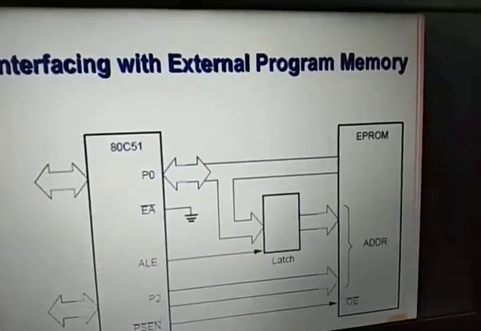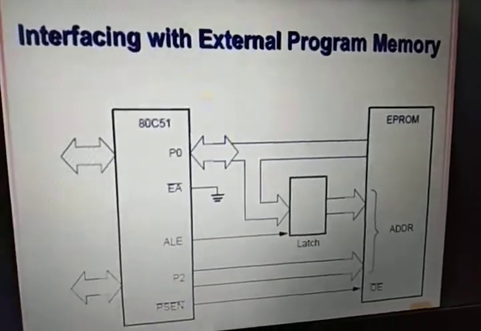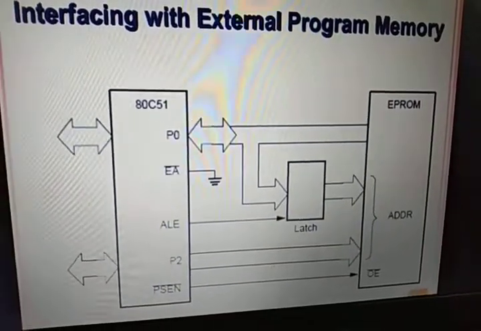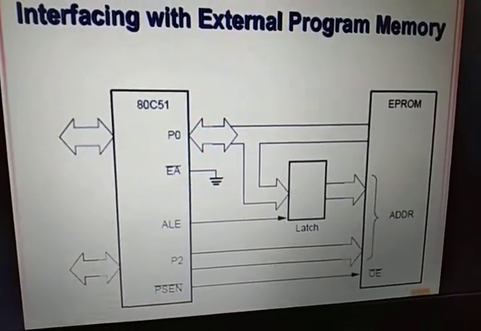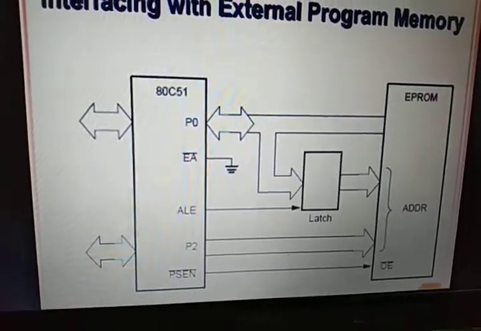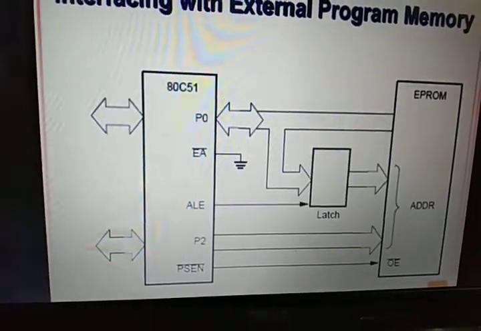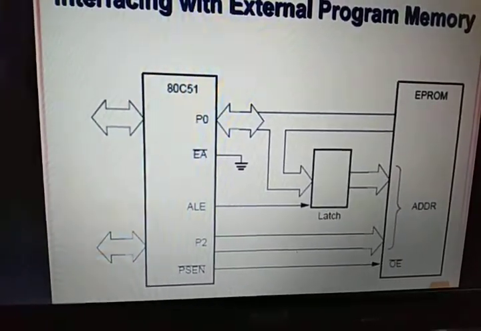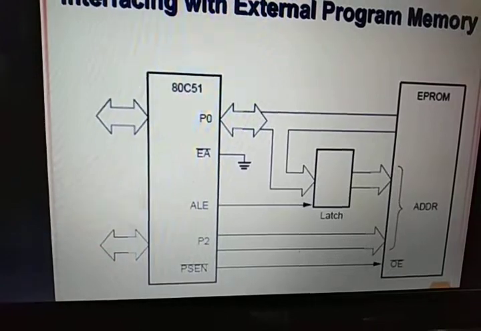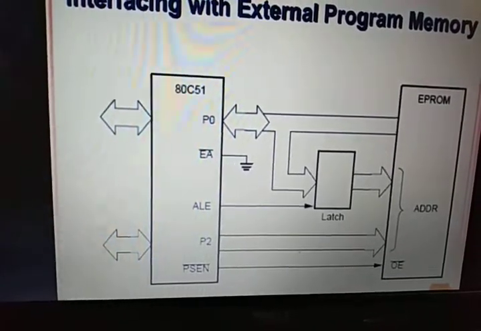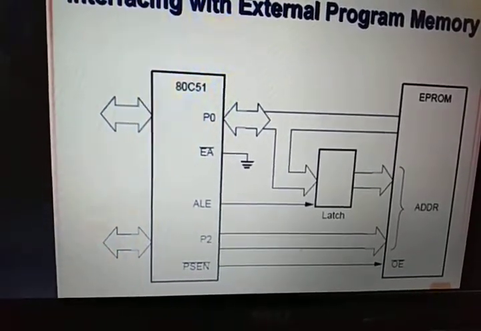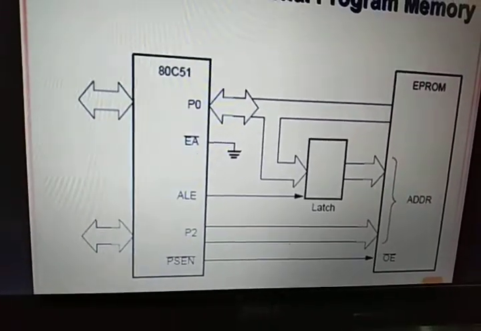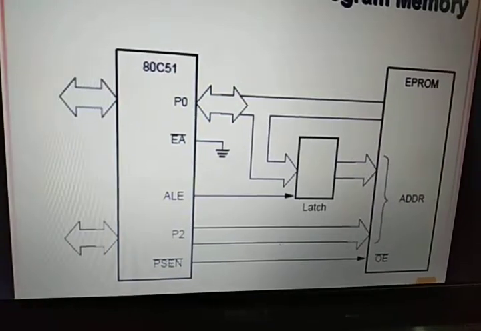First, coming to the ROM memory. ROM memory is used for storing the program, and the external ROM memory size is 64 KB. In order to have access to one of the bytes, we need to give the 16-bit address. The 16-bit address is sent from the ports P0 and P2, and these ports can be carrying either the address or data. If the port contains an address, the ALE signal is generated by the microcontroller. Otherwise, it contains the data.